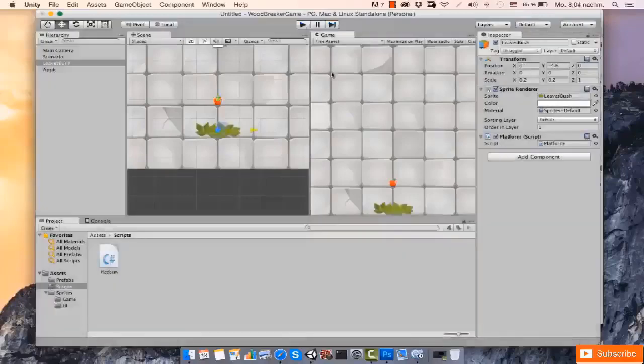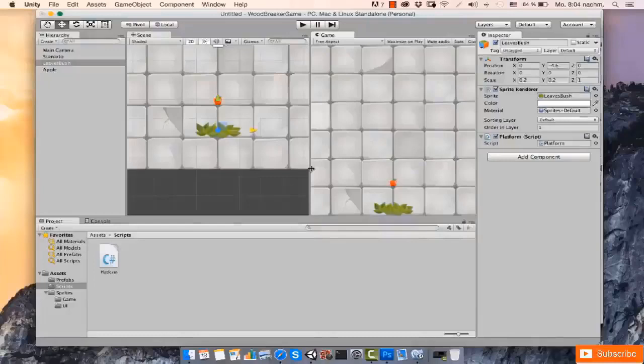But how do we get this input? We're going to get it through what's called an axis. So from the name, maybe you can derive what it does. An axis is something that has a value that varies in one direction. So for instance, the axis for a mouse input is going to vary between -1 and 1 depending on the direction of the mouse movement. And of course, I mean the mouse X component. The mouse Y component works the same way, but we're talking about the X component because it's the logical thing. We want to move the mouse to the left or to the right to move the platform in that same